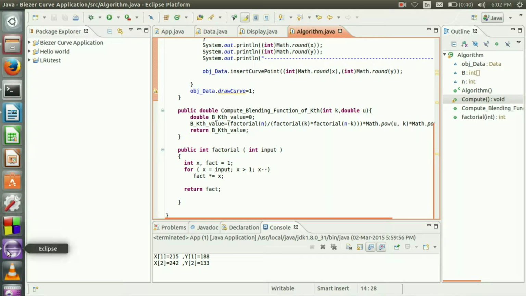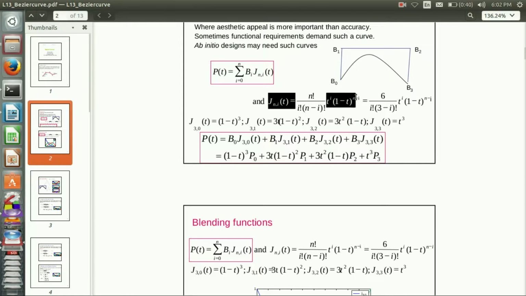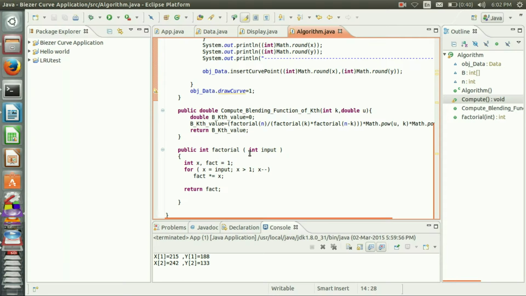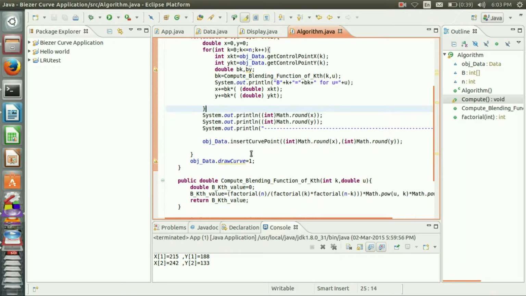As you know, the formula for the blending function was this one. We have to calculate n factorial, i factorial, n minus i factorial. For that, I made a factorial function. So in this order, we get the blending function at a particular value of u, where u varies from 0 to 1. And finally, after completing this loop, we get an x and y value for a particular value of u. So we pass this value into the curve point,